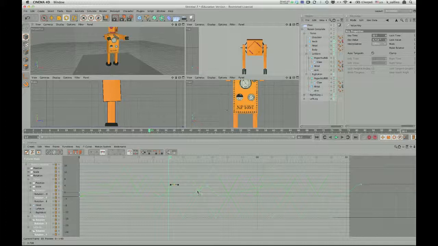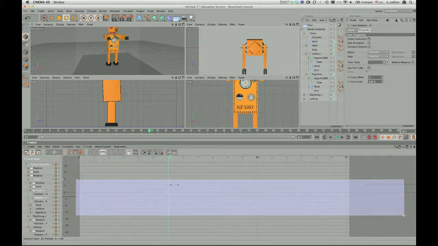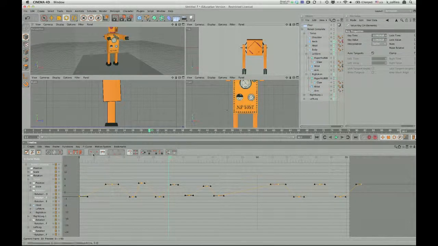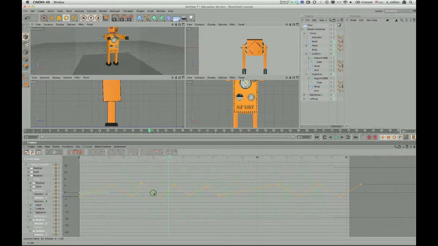So let me go into my torso rotation. I'm going to make them all linear right now, just simply because it's going to make it easier to see. So, when on frame 25,